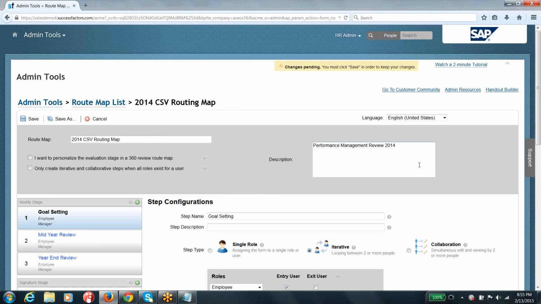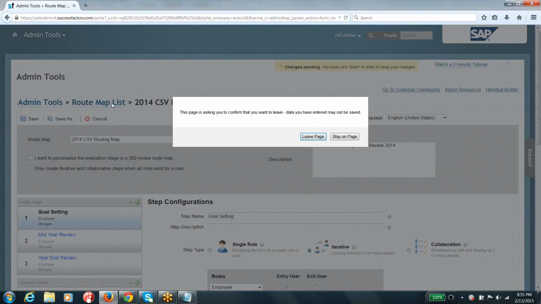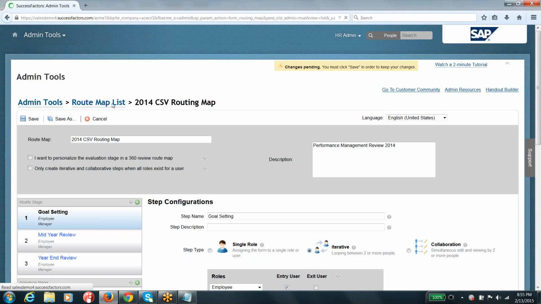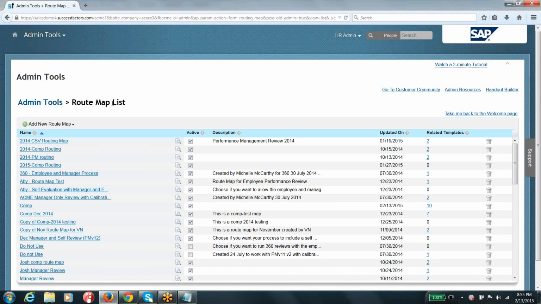So you see these things, but whatever we have seen so far is an existing roadmap. Say if you are interested in creating your own roadmap, how are you going to do that? You click on add roadmap, and here you can see there are two options, guys. One is build your own, and the other is choose from library. Choose from library is nothing but adding one of the existing standard roadmaps provided by SuccessFactors.